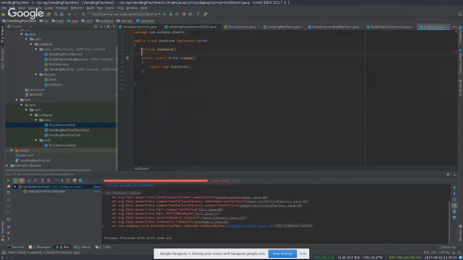Oh, of course, but of course. So Ice Storm is going to have, let's say, a name. So we're going to give this a name. Okay, so private String name, and this is called the Ice Storm drink. And we're just going to